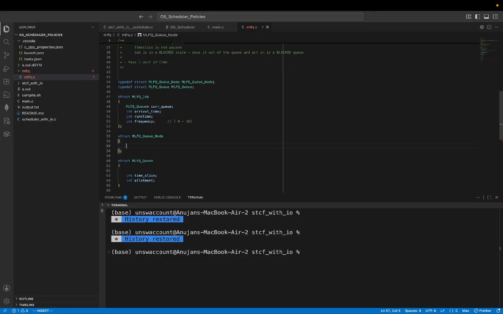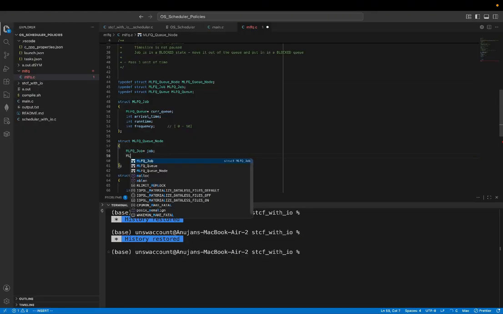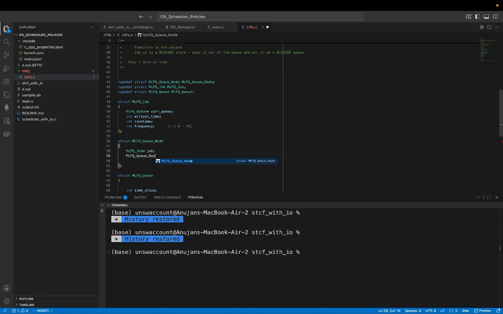So a particular node will have a job associated with it. Ah, of course. If I do this, yeah. No. Trying to get quicker, but I'm slow. And then the next node, MLFQ node